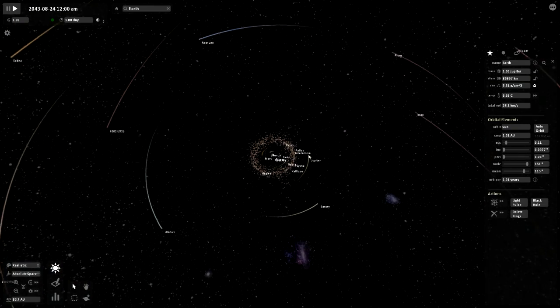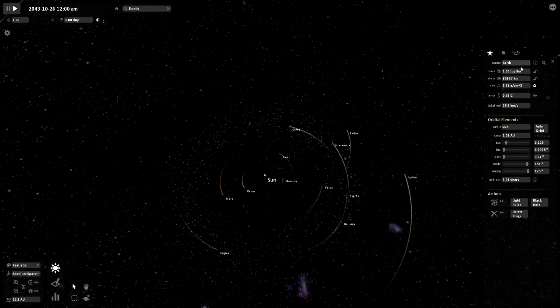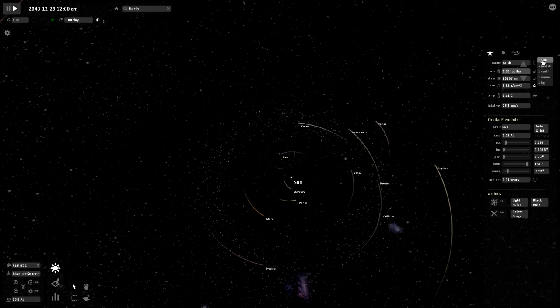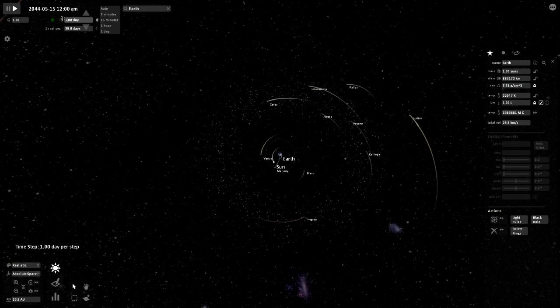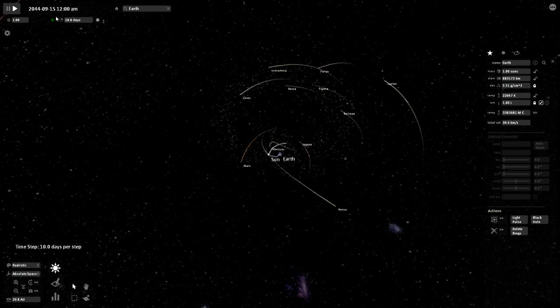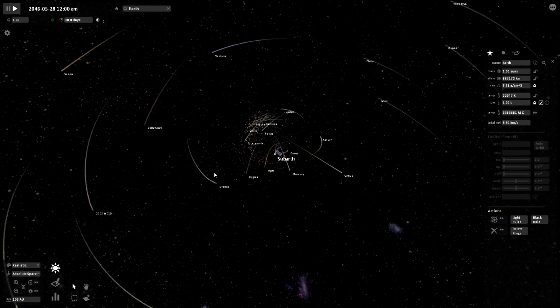Now that we've messed things up substantially here, what if we just change the Earth to be actually the mass of 1 sun? How would that mess with things? And again, we're going to switch this back to maybe 10 days now. And as you can see, this substantially changes things. The Earth